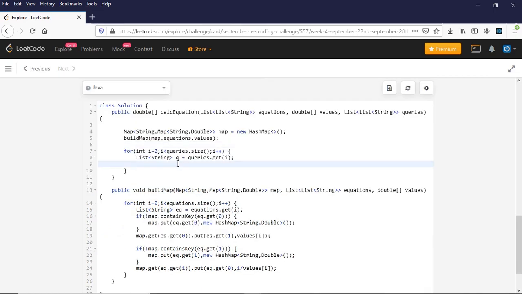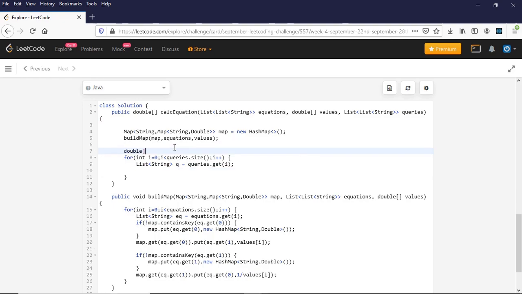Once I go to the query, I will do a DFS on the map and store the result. The result needs to be a double, right? So I will declare a double result here, and the length of the result will be the length of the queries. In the DFS, I will need to pass my map, the variable a of the query, so q dot get of 0, and the variable b of the query,